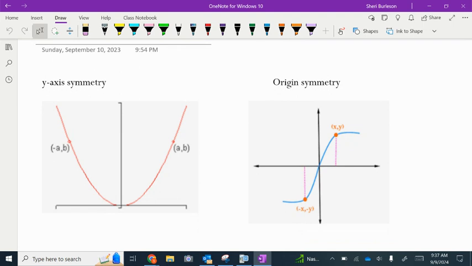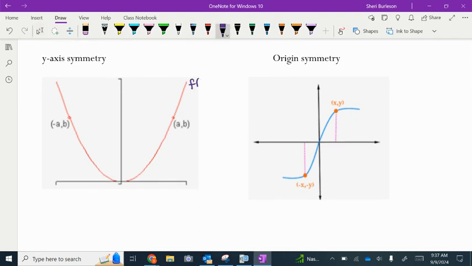This first picture on the left, do you see that that has y-axis symmetry? That means if I folded the graph over on the y-axis, it would lay down on itself, right? Symmetry, remember when you started learning geometric shapes in elementary school or middle school and you would draw the lines of symmetry where you could fold it? This one has y-axis symmetry. So,